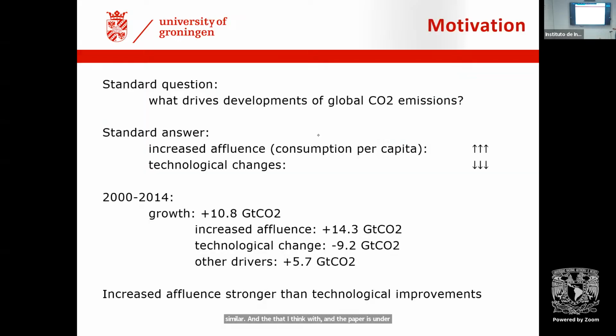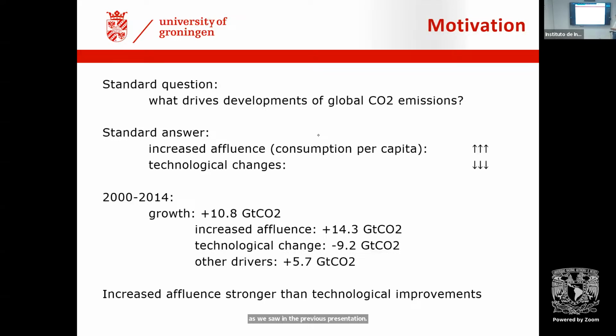And also here, the question is what drives the development, but now in global CO2, only CO2 emissions. And the idea is increased affluence, as we saw in the previous presentation, consumption per capita, and the technological changes